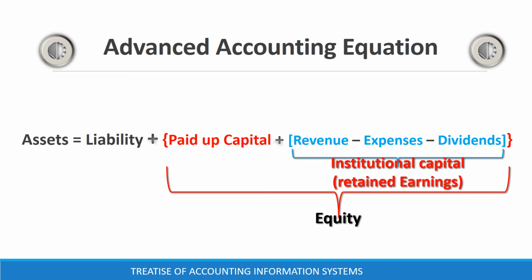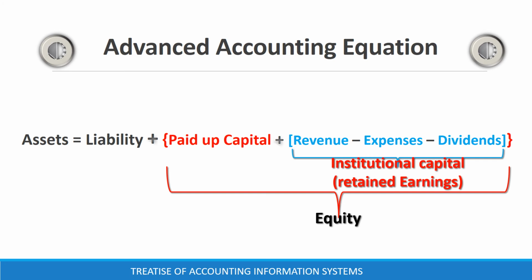Therefore, in the advanced accounting equation, assets equal liabilities plus paid up capital plus revenue less expenses and less dividends. An advanced accounting equation shows all the 6 elements of accounting information, that is, asset, liability, equity, revenue, expenses,